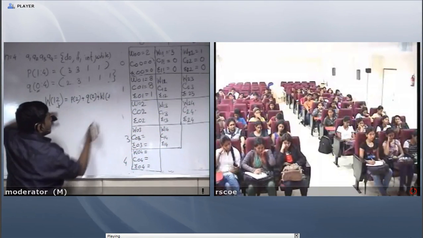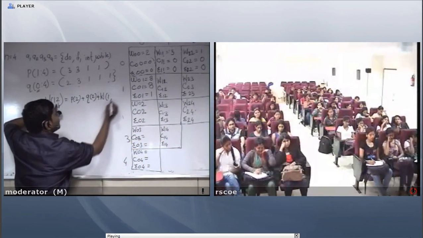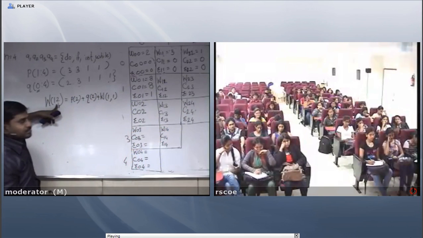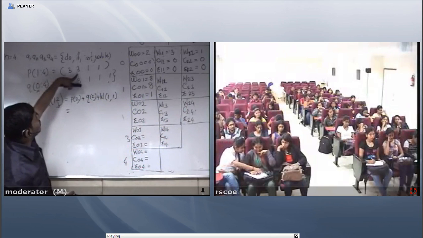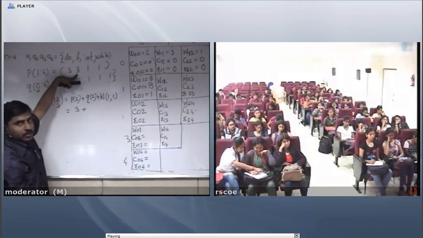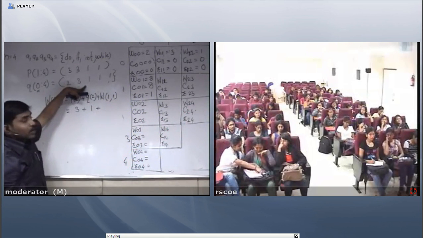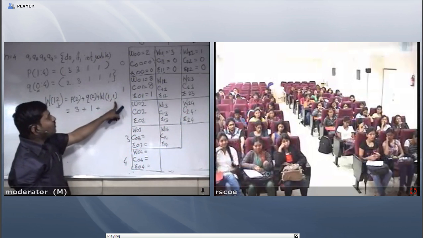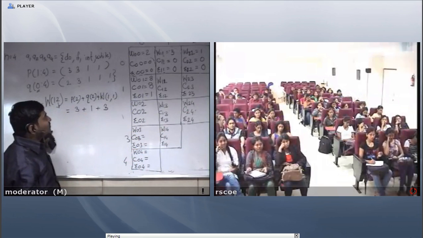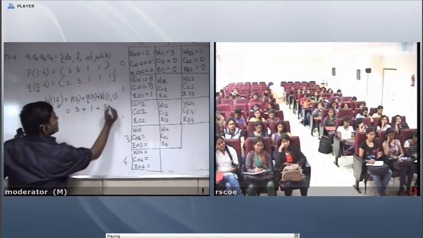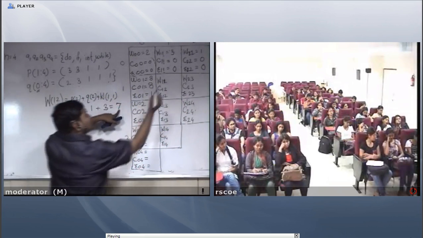What is I here? 1, and j minus 1 means 2 minus 1, 1. So I put the value. What is the P of 2? 3. What is the Q of 2? 0, 1, 2. That is a 1. And what is the value of weight from 1 to 1? I see the chart. 1 to 1 is a 3. So what is the final value for weight? 1 to 2 is 7. I write.